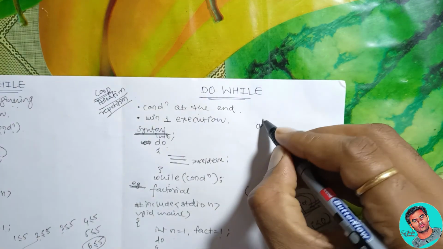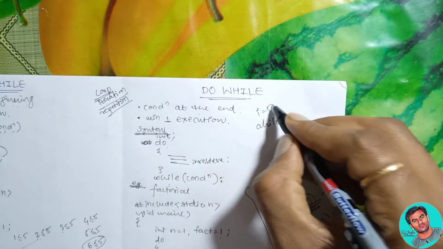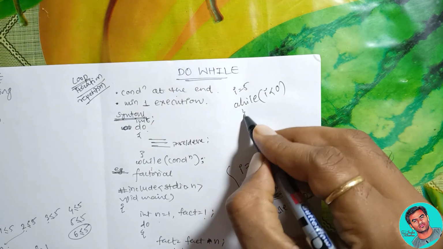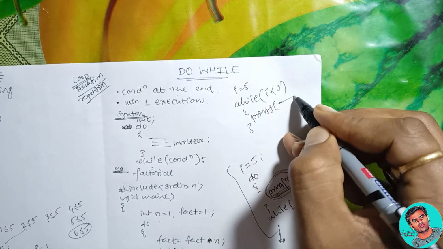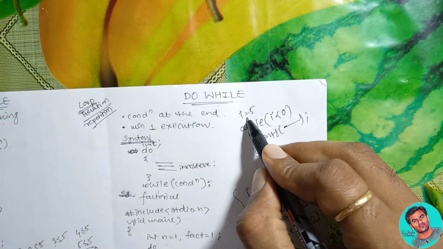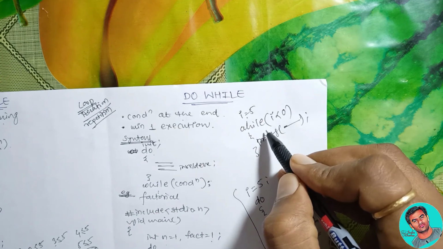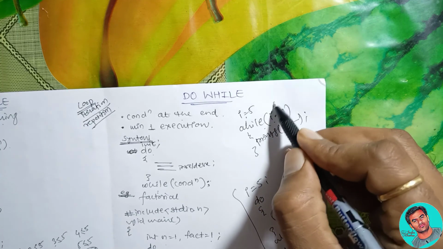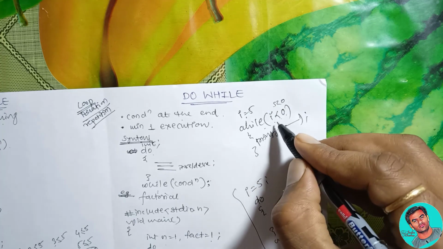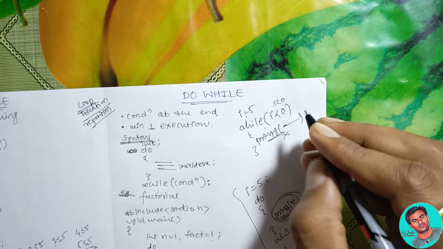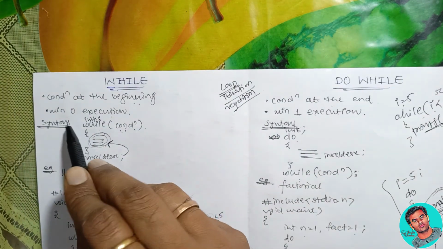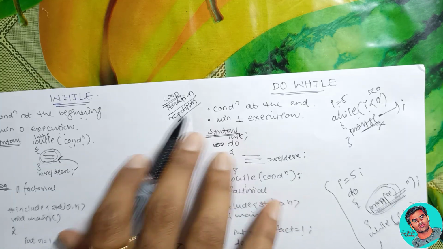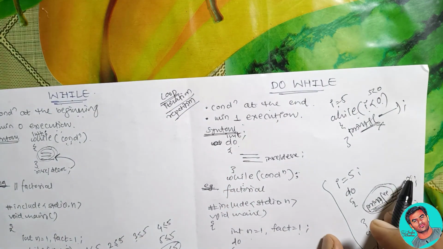But when we use a while statement, suppose i equals 5 and I write while i less than or equal to 0, the same condition, with the printf in between. Now what will happen? i equals 5 is the initialization, and then while 5 less than or equal to 0, is this condition true? The condition is false. That means this printf will not get executed even once. That's why minimum 0 executions are possible with the while loop, while a minimum of 1 execution is possible with the do statement.